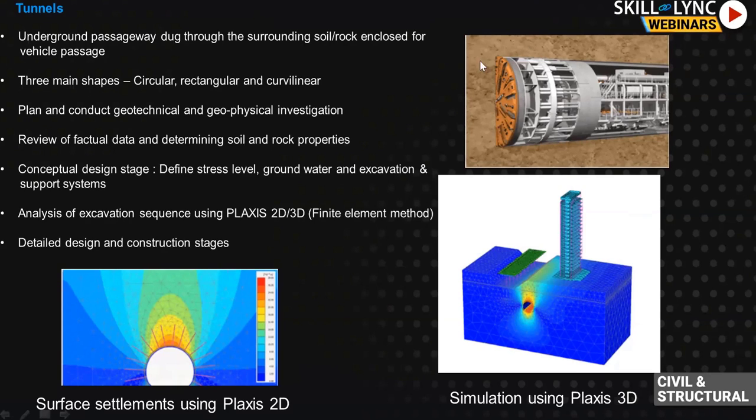These kinds of problems are well represented in Plaxis 2D and Plaxis 3D. Okay, so if you see the 2D model, you have to have your ground conditions, that is nothing but a soil model, your water pressures, and then you should have your tunnel here. Once you have this tunnel, you run your model, and finally you will be very interested to see your settlements. Once this tunnel is installed in your ground, surface settlements will happen. These are the color contours in the output. Your red will be the maximum and your blue will be the minimum. So if you see, your critical zone is in this part.